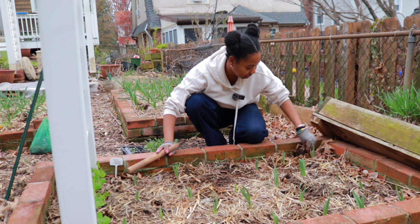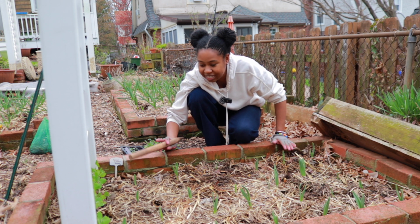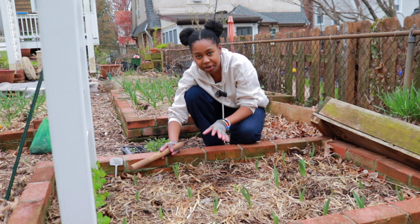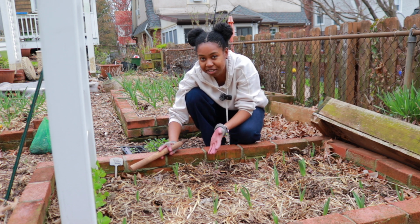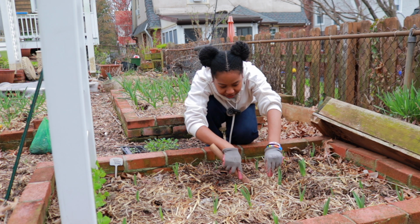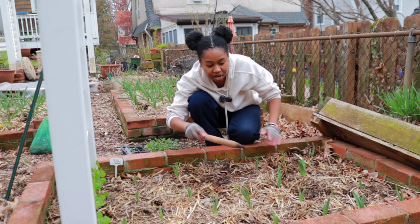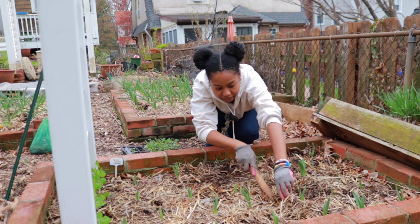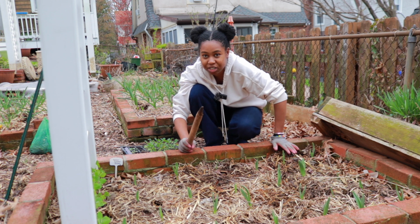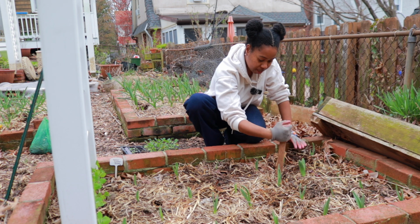So I'm going to be trying something this year, this specific garlic, just because it's a little bit behind, and I want to see if I could put some broccolis in the spaces without any covering to see if the garlic and the scent of the garlic would kind of protect them from any pests. So I have extra broccoli, so I'm not too worried. I have the ones that I want in the protection of the chicken wire, because as you guys know, or you may not know, I deal with a lot of groundhog pressure, especially when it gets really warm. So I am just using my dibble dabble,